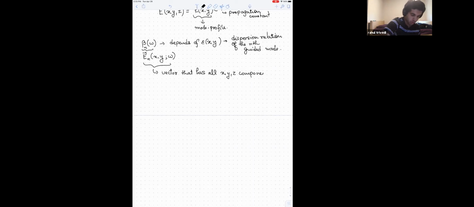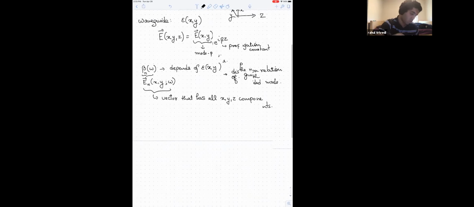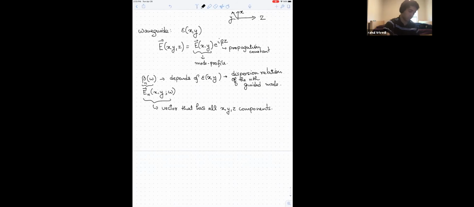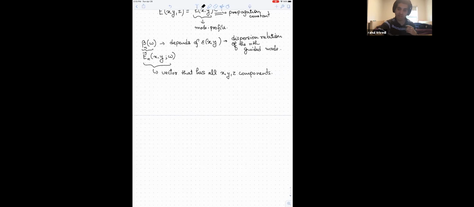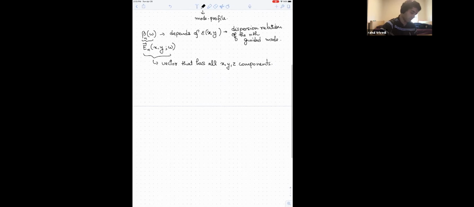Right? So even though this is a mode propagating along the z direction, because this permittivity distribution is not uniform, the electric field is not going to be in the transverse plane. The electric field can have components in all three directions, right? But the components have a very specific phase relationship, which is important. So one point about the mode profile is that there is a very specific phase relationship